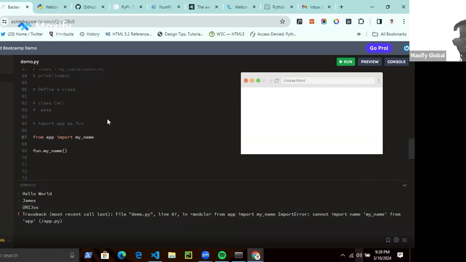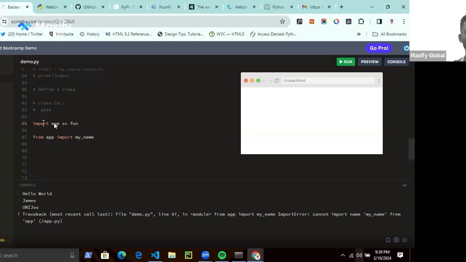Okay, for some reason, it's not showing an error, but essentially these are the two ways, the two syntaxes. Maybe the screen is not recognizing these files.